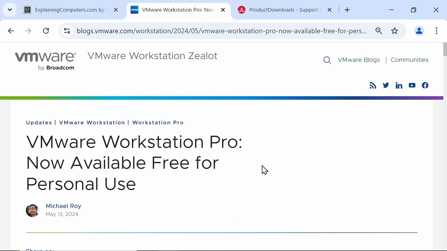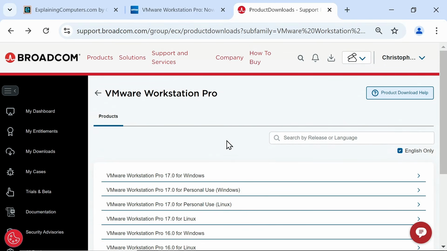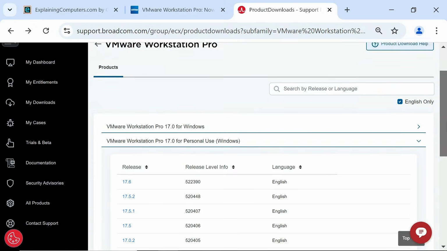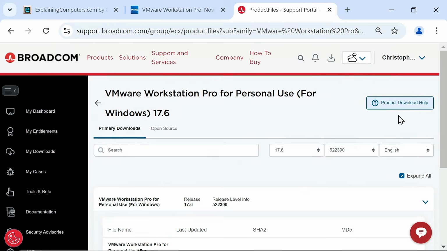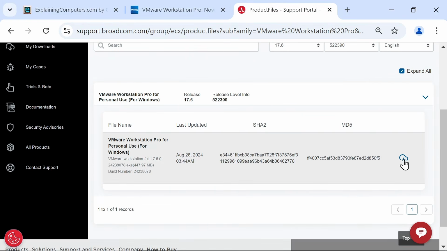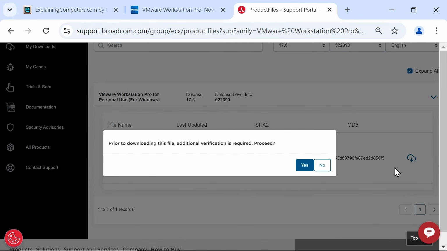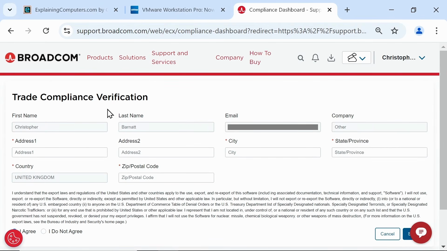To obtain it, we need to create a Broadcom account, which then enables us to navigate to here where we can download the software. Here is VMware Workstation Pro for personal use Windows, like that, and I can click on a release, most logically the top one, and then this gets us access to the file. If I click on a little cloud at the end to download the file, we are told prior to downloading additional verification is required. Proceed, yes, no? Well, obviously yes, and this now takes us to a trade compliance verification page